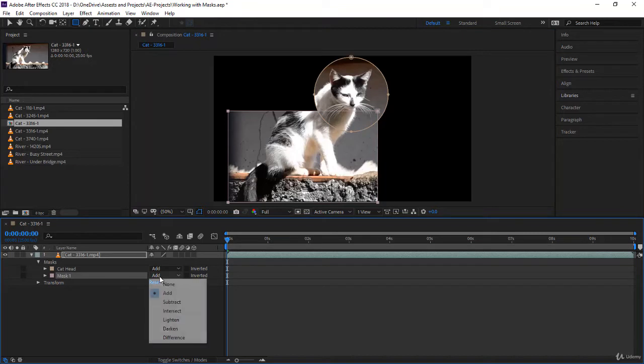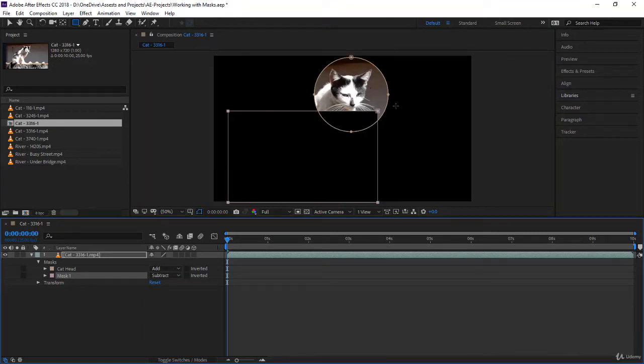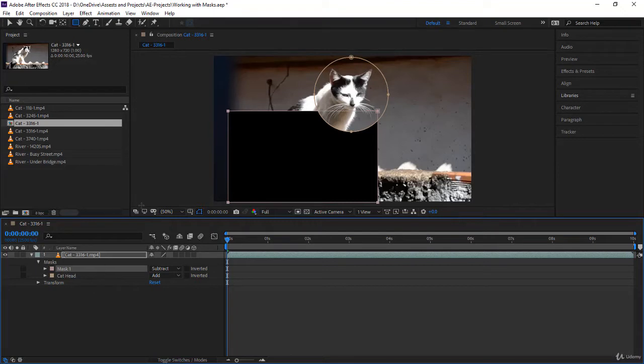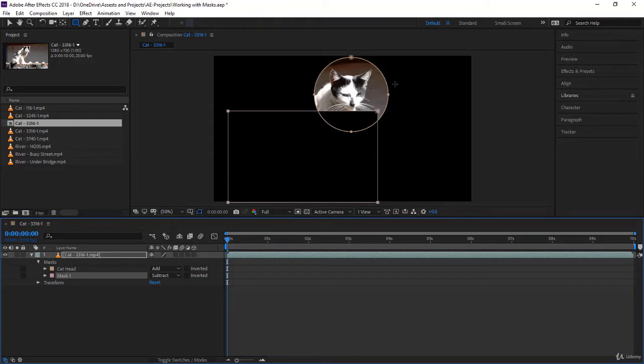If you take the second mask and you give it subtract, here you are. So it's subtract itself from all the other masks above it. If you put it as top, it will subtract from all that is above, which is the whole layer. You notice what happened. Cat head is add, so the cat head is added here. Cool. This is the concept of subtract. It will just remove itself from what is above it. If you go, for example, to intersect, so mask 1 will intersect itself with all the above masks, including the